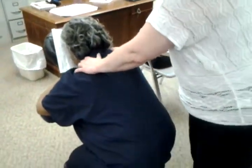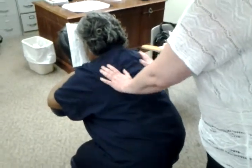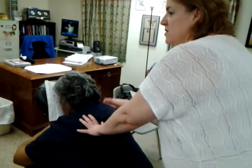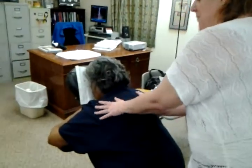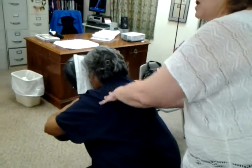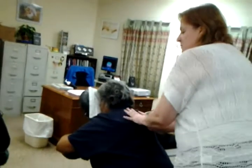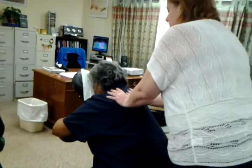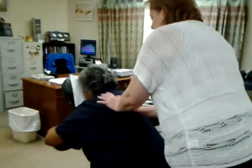Now you're going to start doing a little bit of effleurage, just to kind of warm up. It's easier if people have clothes on to do one side at a time, using your other arm to firm and control the clothing, especially jerseys or something that can bunch up. So in this case, I'm just going to rest this hand over here. It's also giving me body support, and I'm just going to do a little bit of